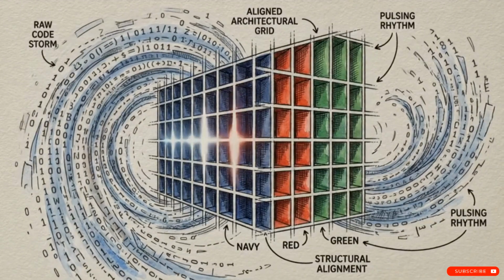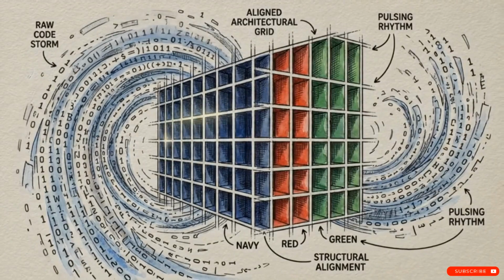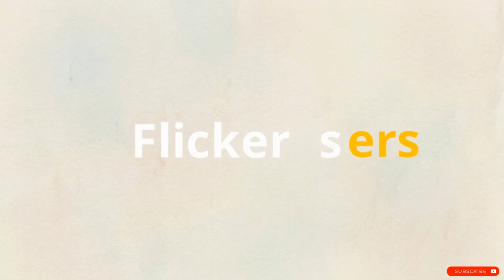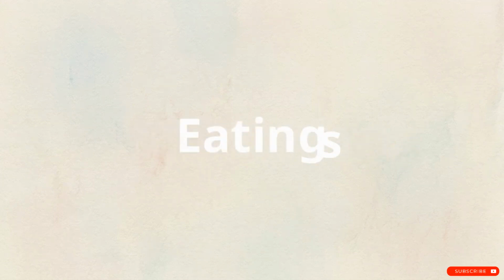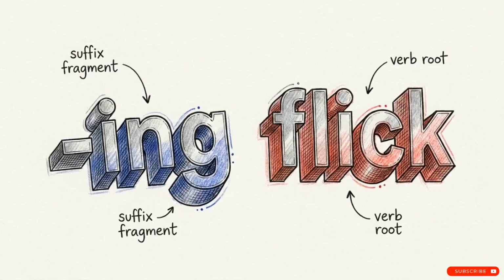Machine learning models do not read human words separated by spaces. They break text into discrete computational chunks. By splitting off grammatical suffixes like ing or ers, the system isolates the actions being described. But breaking text into chunks is only the parsing stage. How does a machine derive actual semantic meaning from these fragments?